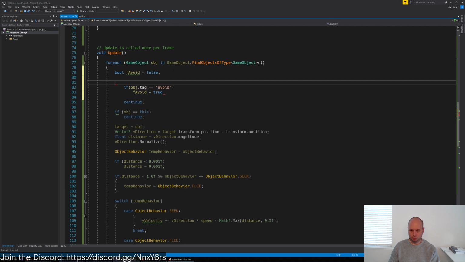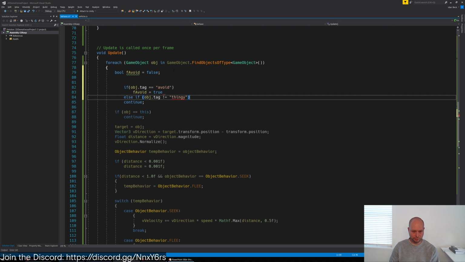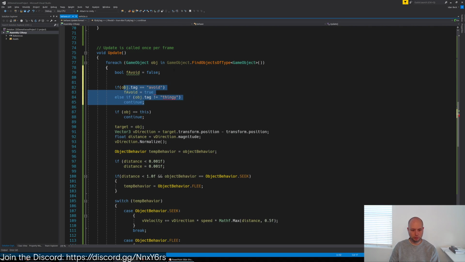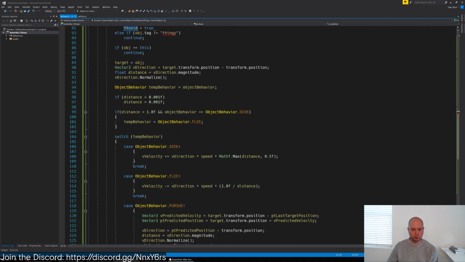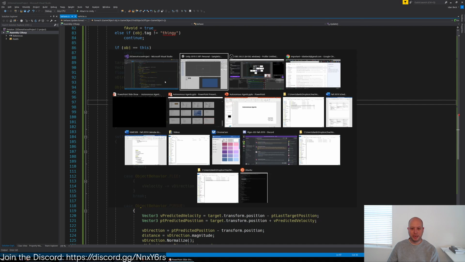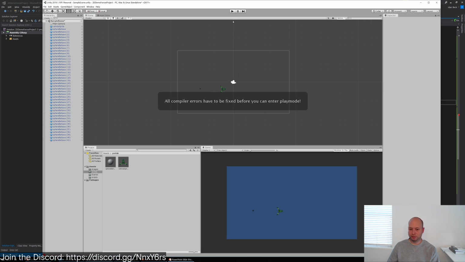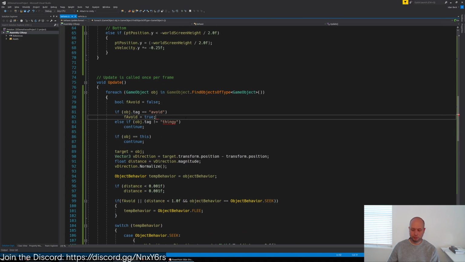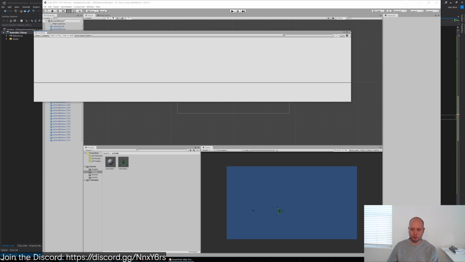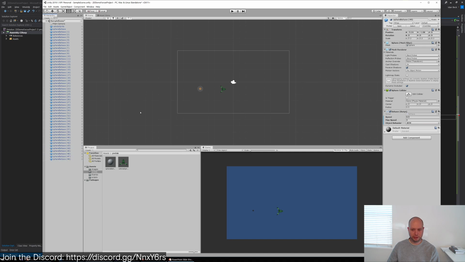And then we'll do else if object thingy not equal. Cool. And if fAvoid is true, so if fAvoid is true, or the distance is too close, then avoid. And now what will happen is anything with the tag avoid will be avoided. And what I'm trying to do here, and let me create a lot of these,